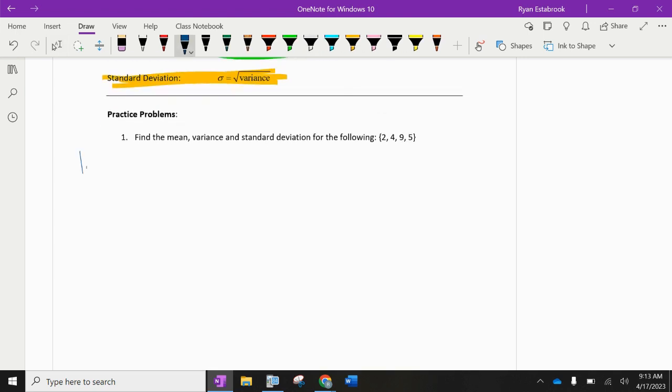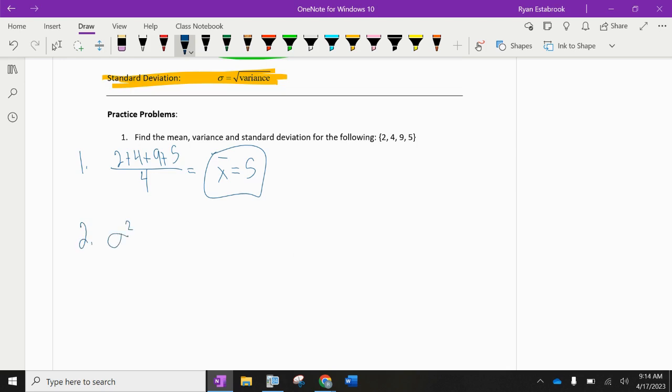So jumping into this first example, first of all, find the mean of this set of data. 2 plus 4 plus 9 plus 5, add them together, divide by 4 because there's 4 terms, and our mean is equal to 5. There's step 1. Step 2,